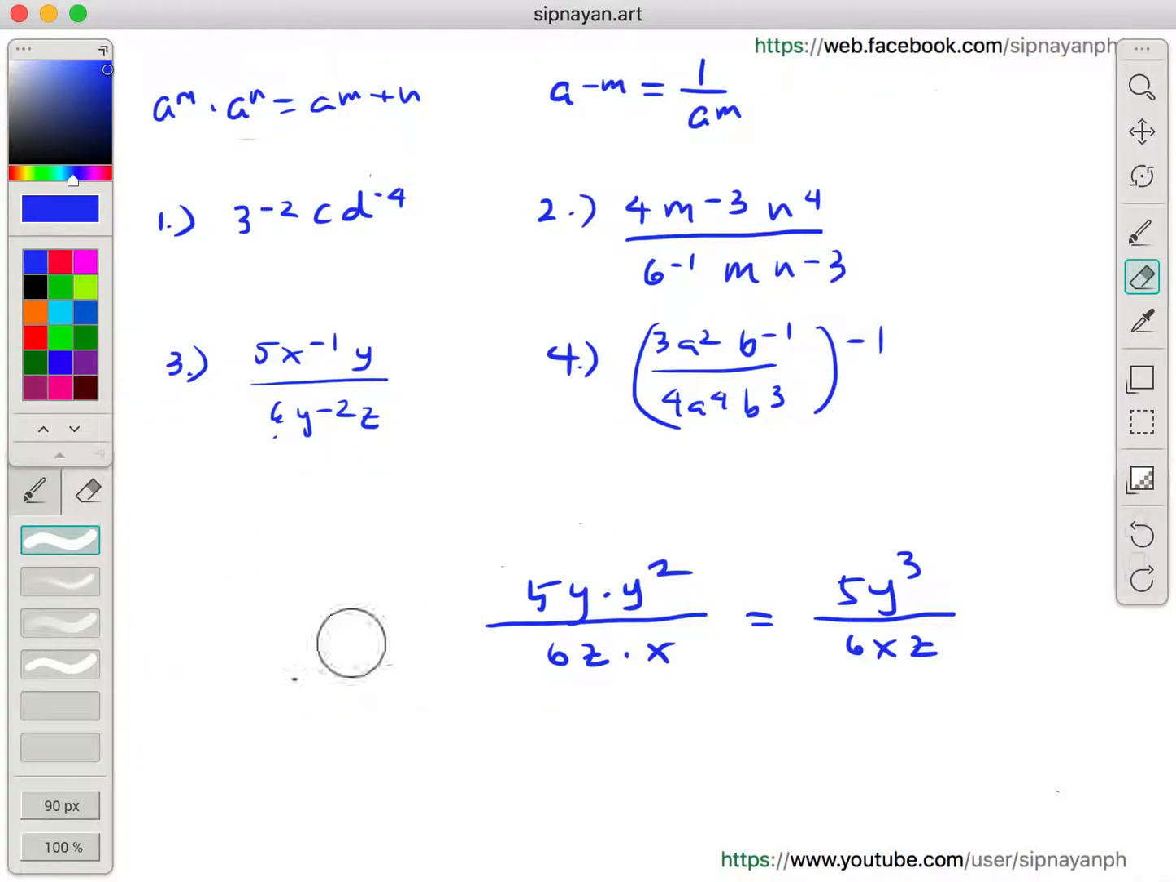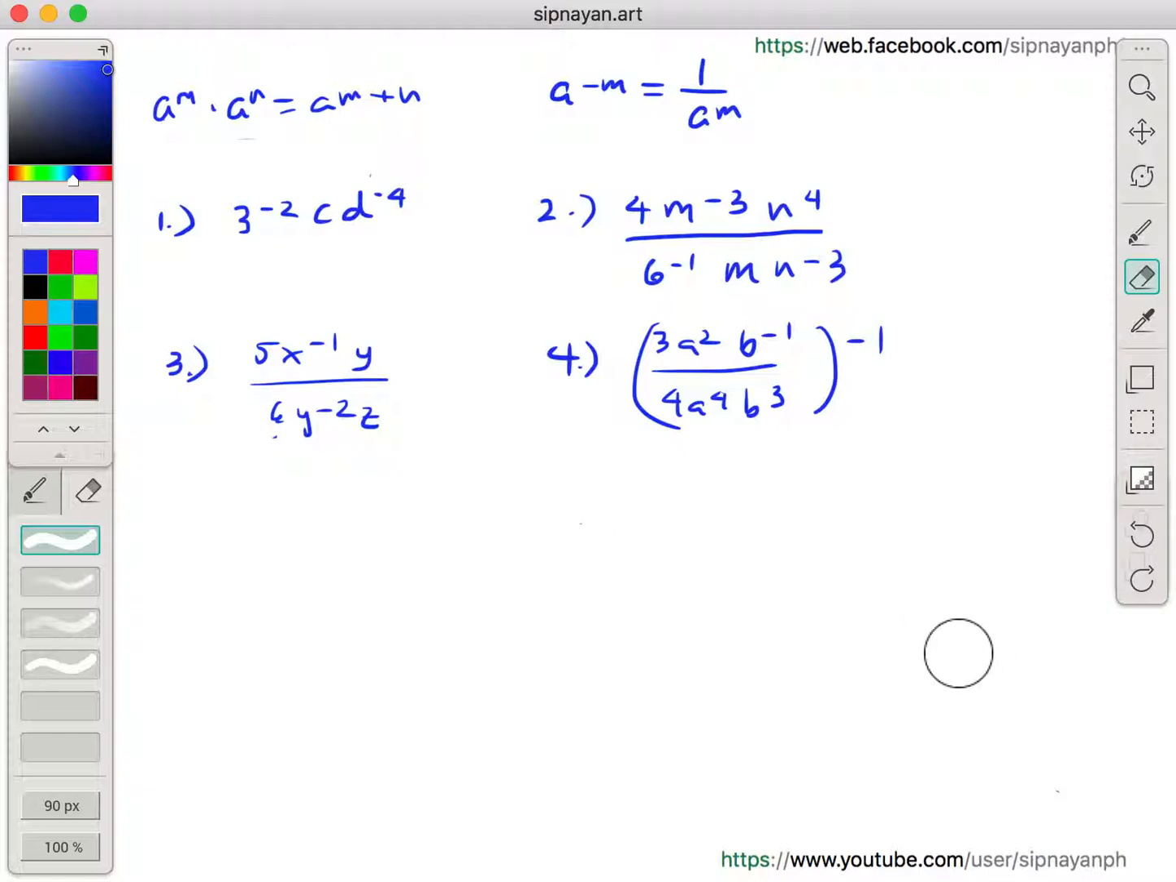Number 4. In number 4, we have a negative exponent on the entire expression. That means 1 over this expression, so it becomes positive. But first, let's simplify the inside. So, number 4, we have